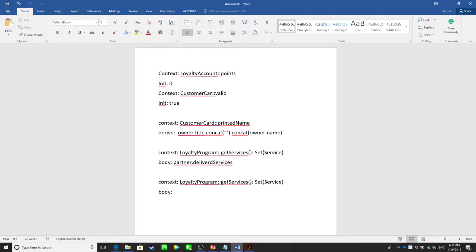So here we will need this parameter of program partner. Okay, then here this body is going to use an if statement. If partners includes